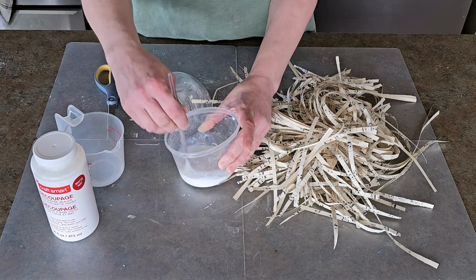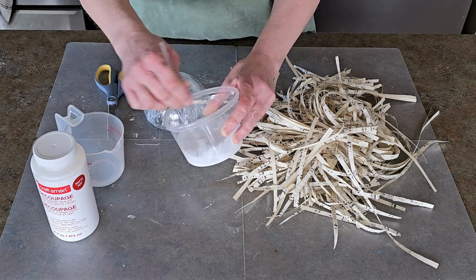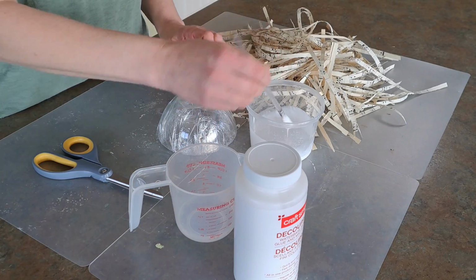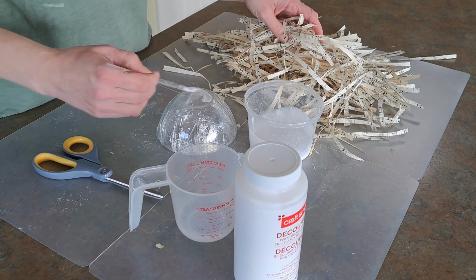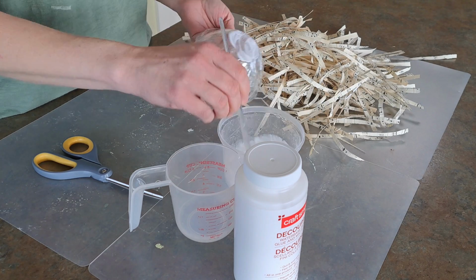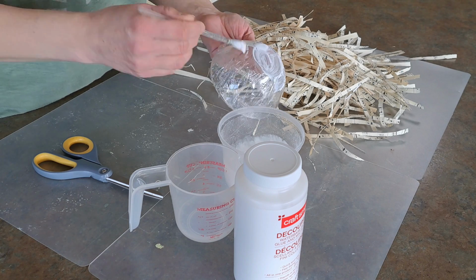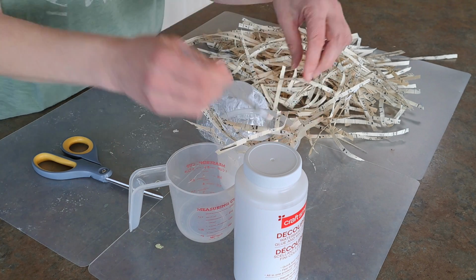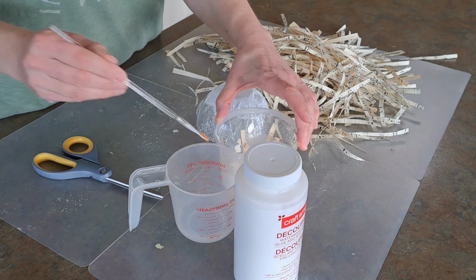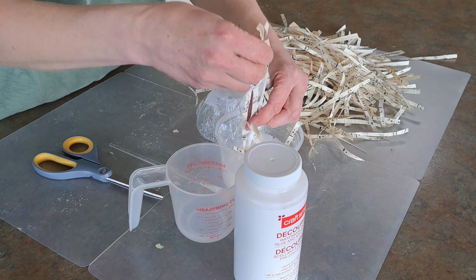So I'm going to mix that together, and then I'm going to try a few different ways to apply this to the bowl. So I started off applying some of the glue onto the bowl, and then I added some of the paper strips into the glue. You just want to make sure you don't have too much glue. So I put it in, and then I just removed any of the excess glue